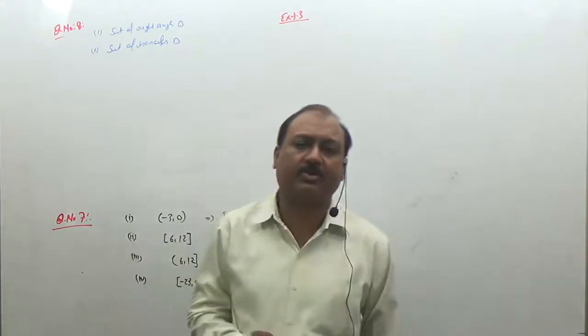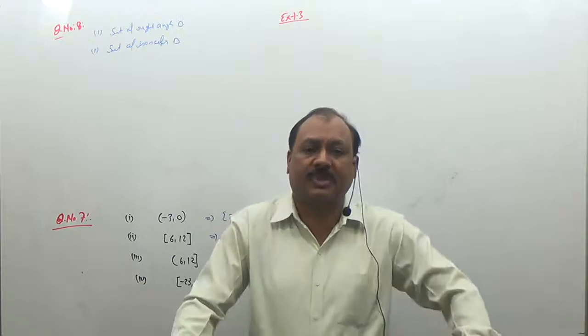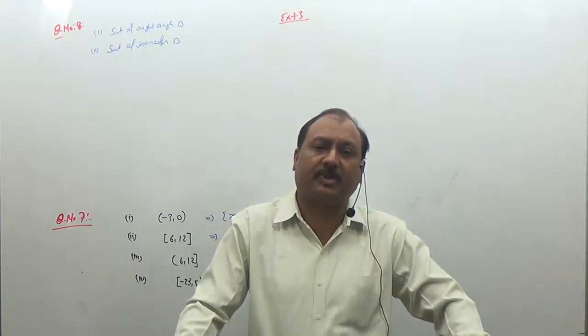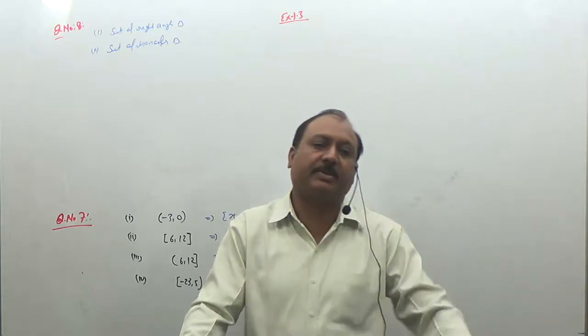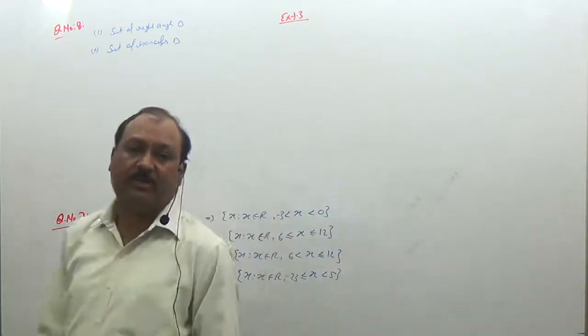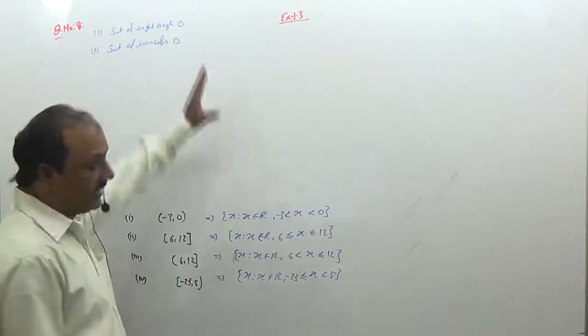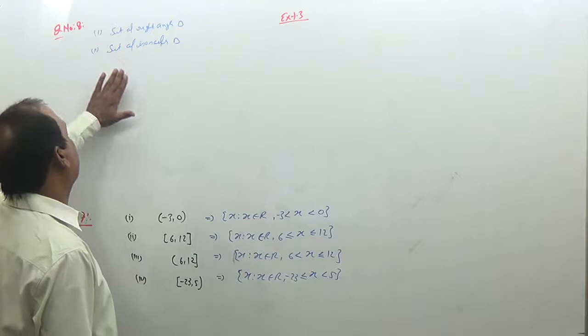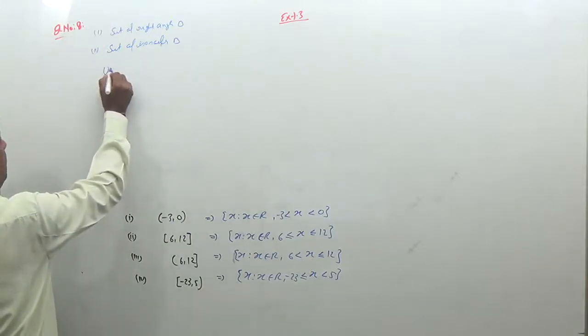We know about the universal set. A universal set is a set which contains all the elements of a particular criteria. All the elements, all the data are inside it, so that set is called the universal set of that particular criteria. So here the question is what will be the universal set of both the sets. So their universal set is